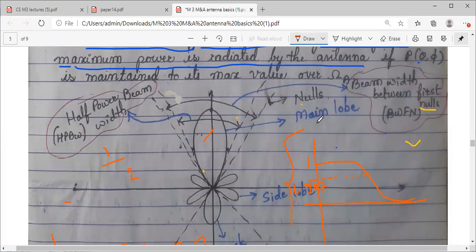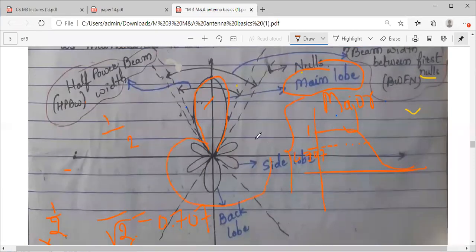Now, any other information you can see, the lobe which I have drawn here, the structure, we call this main lobe or major lobe. You can use both. And here in this below structure, you can see these are called minor lobes. Minor lobes have two varieties. One is side lobe, here you can see it. These are the side lobes, and this is your back lobe.